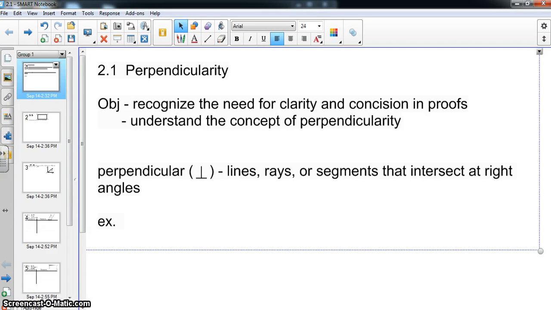Hello everyone, this is Mr. Woolman. Today we're going to be talking about perpendicularity, understanding the concept of perpendicularity, how that will apply to proofs